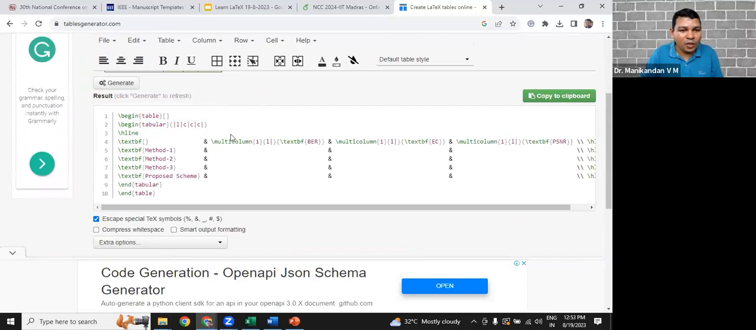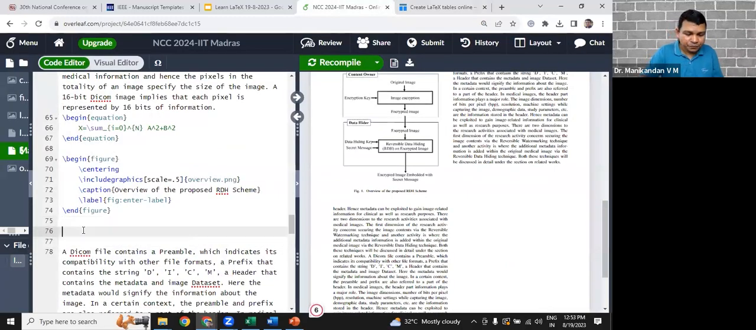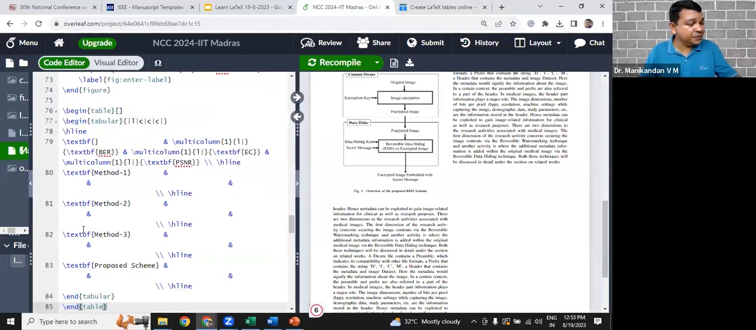Okay, writing this code directly in the LaTeX, it is difficult. We don't want to do hard work. Here and all, you can do smart work. Okay. Then you copy here. You can see the copy to the clipboard. Select that. You go back to Overleaf. You paste the content here. Okay. Now, if you compile,